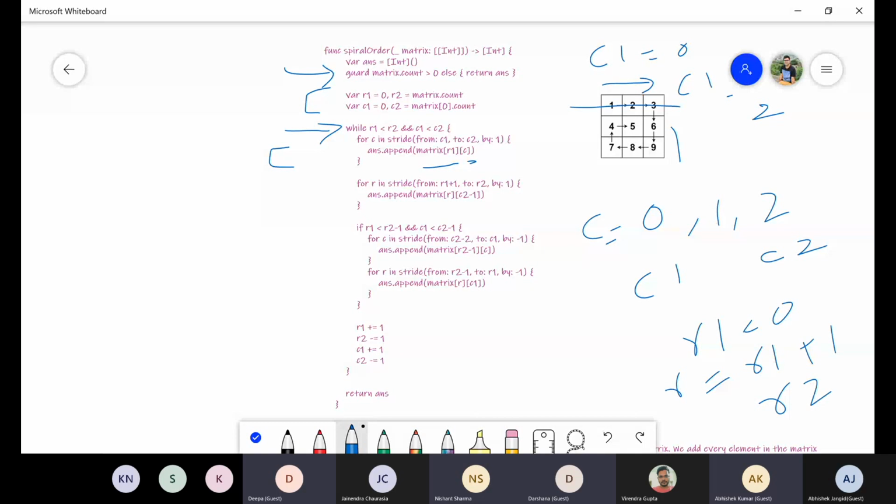And for the column C2, suppose C2 is 3, so we will take a condition, C2 minus 1, basically the last column, because we need to consider the index of that particular column. Similarly, the other two for loops will also work, and we might not require this condition.